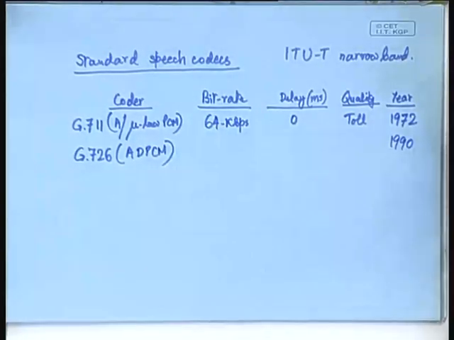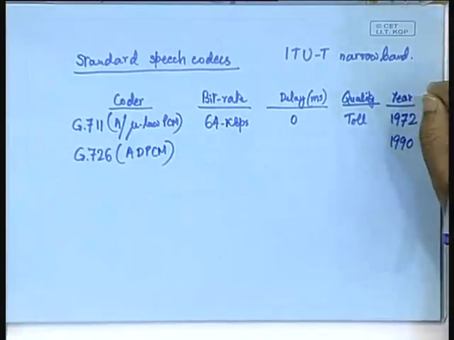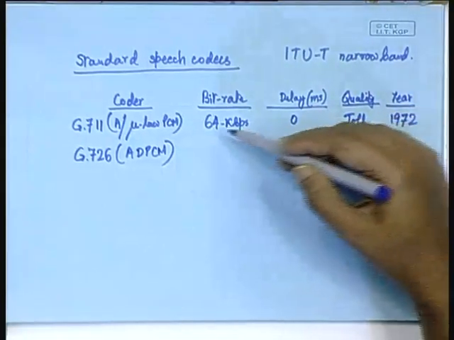We will of course be learning about ADPCM in great detail in the lectures to follow, but just to tell you in a nutshell, here the bit rate is obviously expected to be much lower than this 64 kilobits per second,